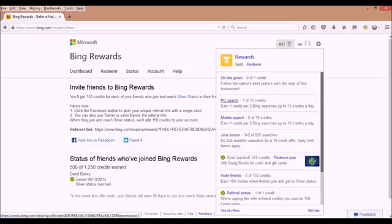And almost every single day there's also some of these extra credits, so almost guaranteed you're going to have 26 points per day. If you use Bing as your default search engine, most people probably perform anywhere from 10 to 15 searches in a day anyways, so it's not like you're doing extra work for them. So you find out towards the end of the day that you've done 20 searches, and then you only have 10 left to do. Well, you just go onto the Bing site, just go to Bing